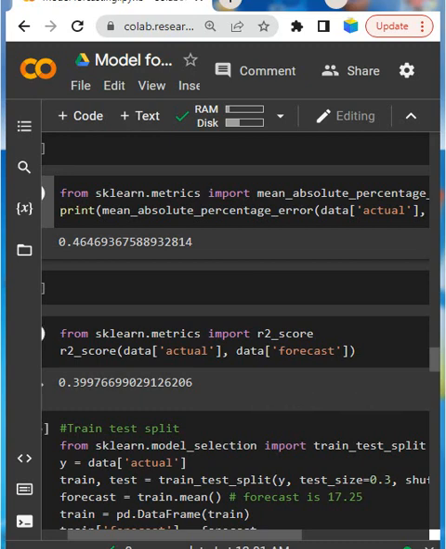So 39% means approximately 40%. So this gives you the value of 40. As R square is measured on a scale between 0 and 1, you could translate it like a 40% better performance than the average, although the exact interpretation will not be very clear to your business partners and managers.